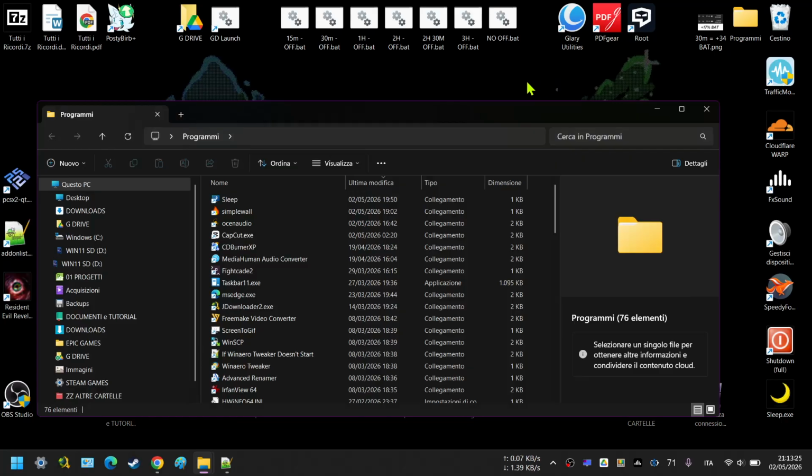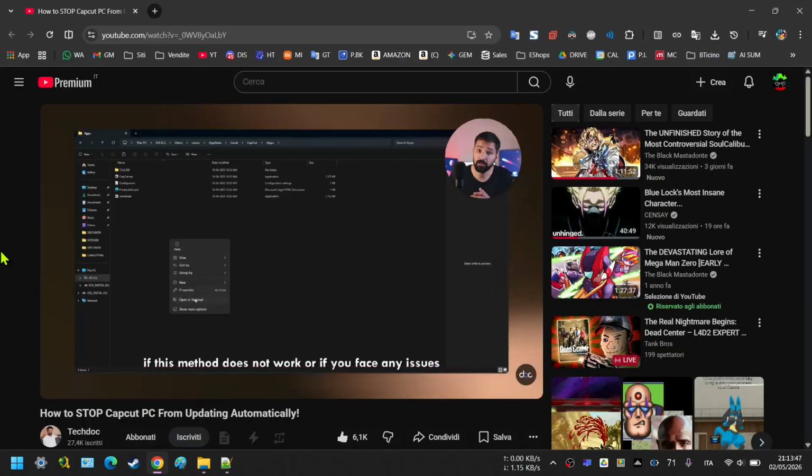So basically, CapCut, even though I made the non-update thing, because there's an option where you can fake the update to allow yourself to always keep the same version of CapCut, because I don't want to update my CapCut. There's this YouTuber right here that explained very easily how to stop the auto update, which is what I did